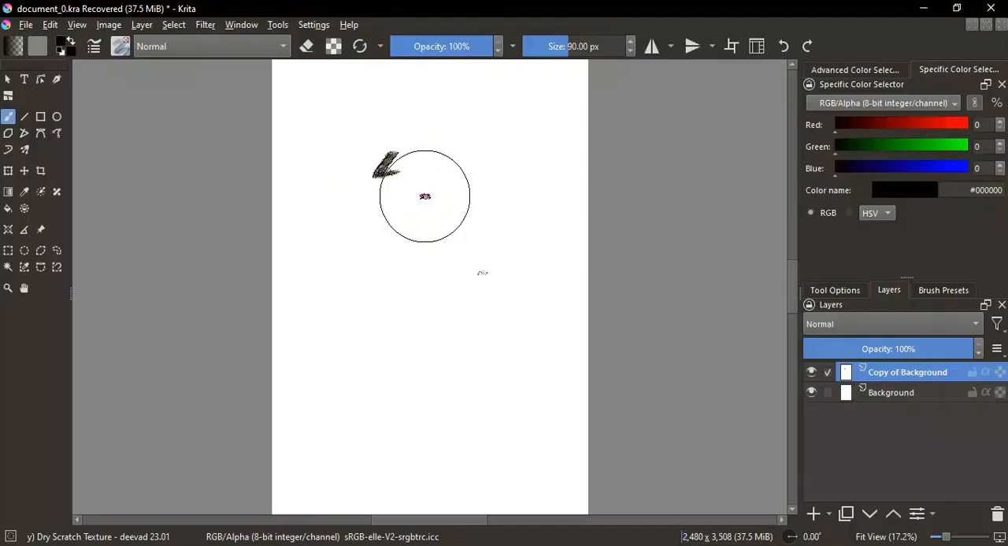If you have a large collection of brushes, you can use the search bar in the Brush Presets window to quickly find the brush you need. Remember, you can also organize your brushes into different categories or tags for easier